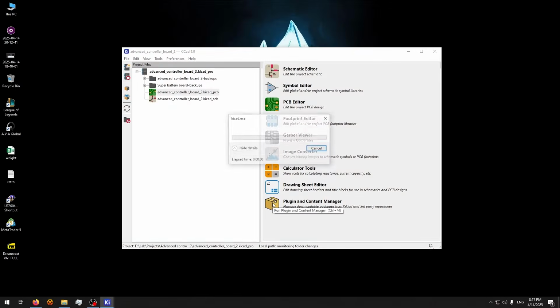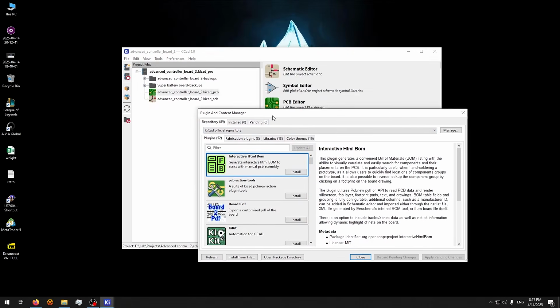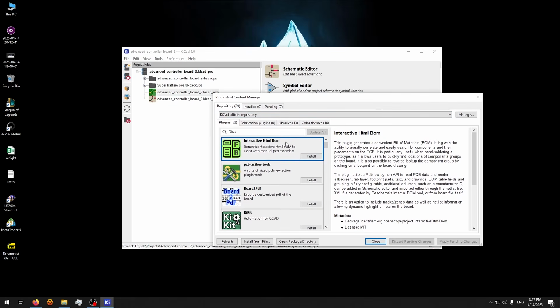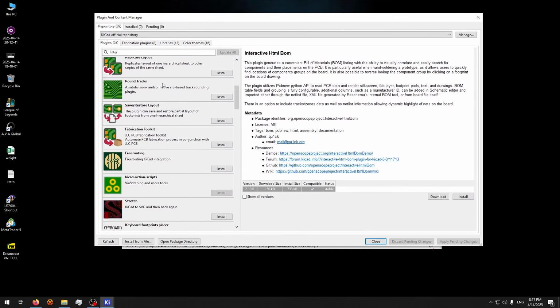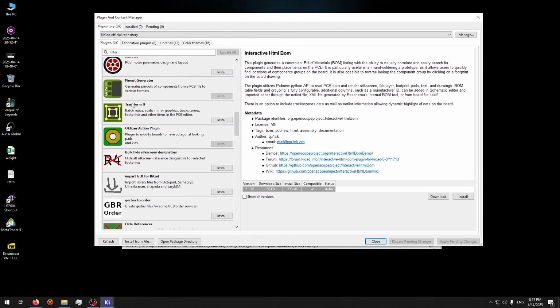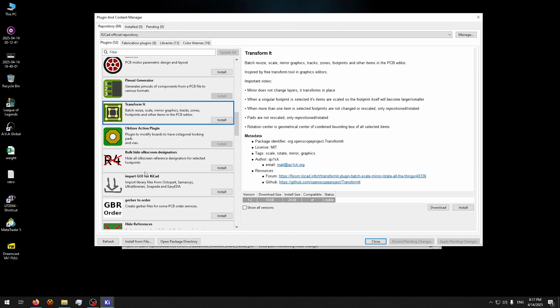The plugin and content manager is very important because KiCAD being open source, some other people will start developing plugins for it. So all of these plugins are going to be available right in here. I'm going to browse them and see if I need, like this one, for example, I can install it, and then I say apply, install, and then apply, and then restart KiCAD, and